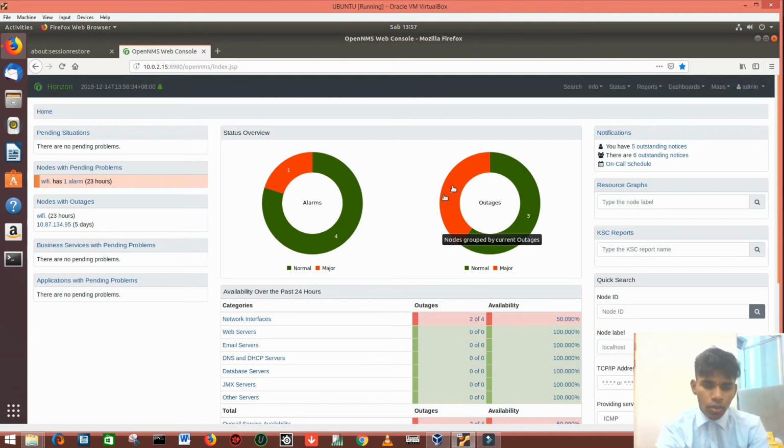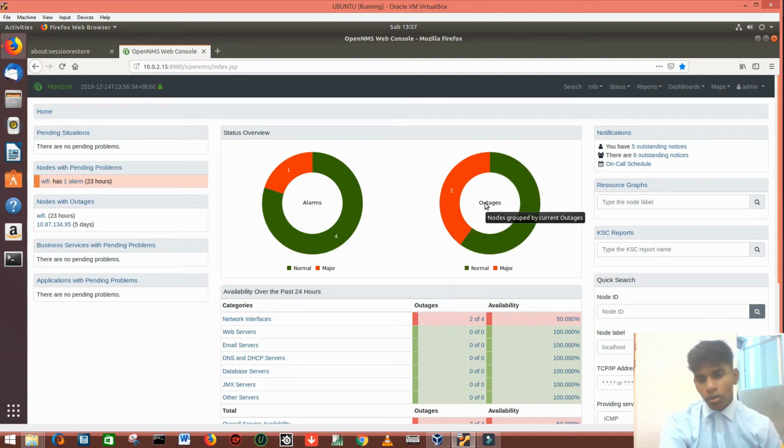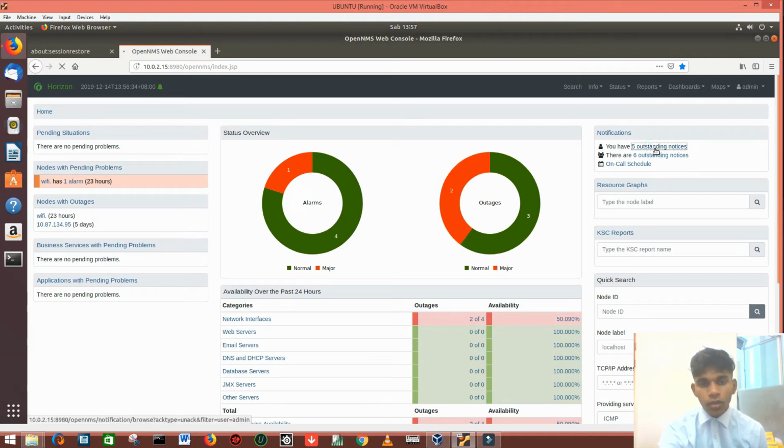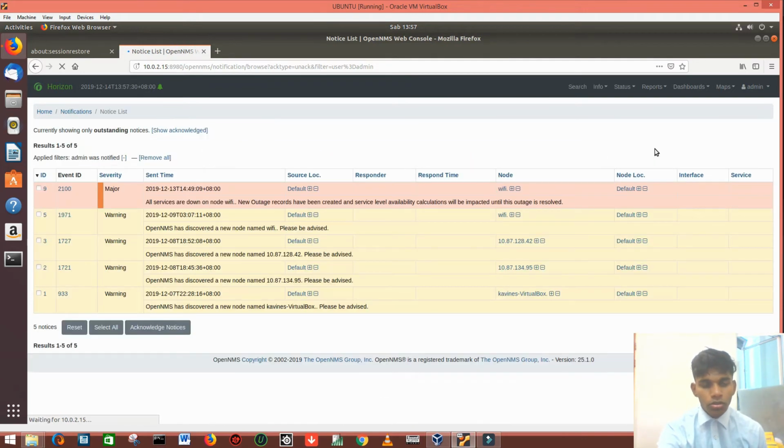for the outages, meaning Internet Control Message Protocol outages, that is ICMP. So here we go, check it out, the notification for the admin role. So it's showing the major problem, then the normal things. Here is showing how many nodes are in the OpenNMS. Here overall, 4 IP addresses or consoles are monitored by